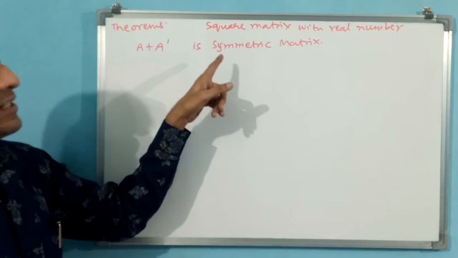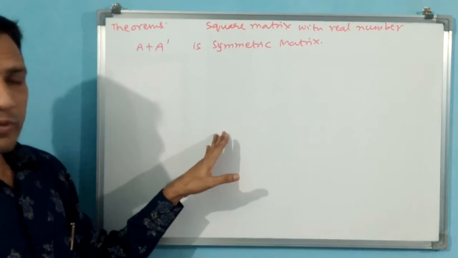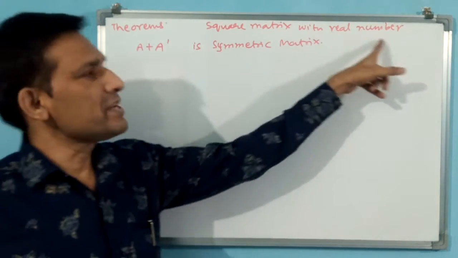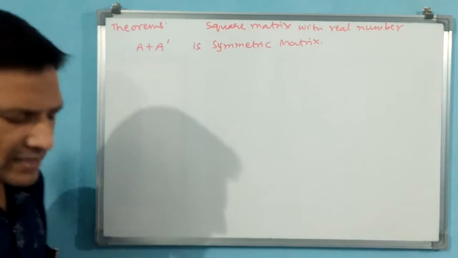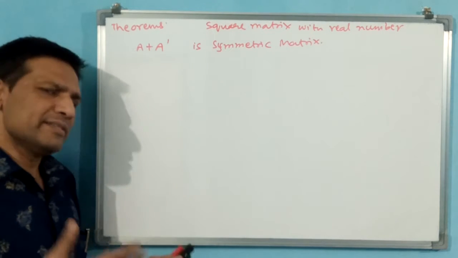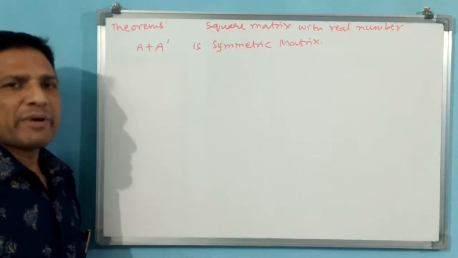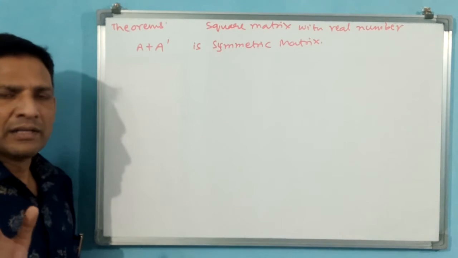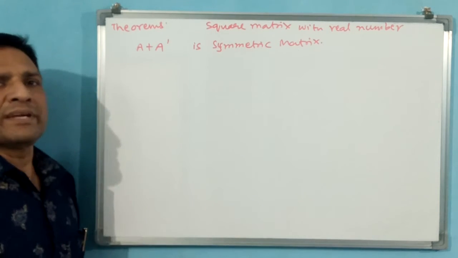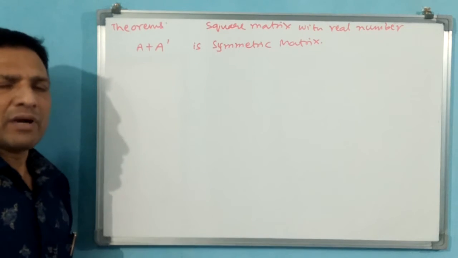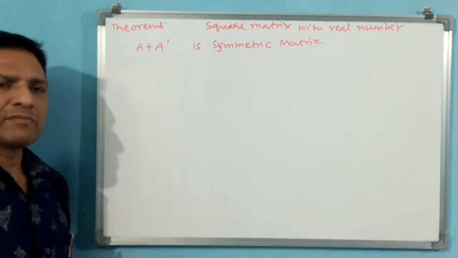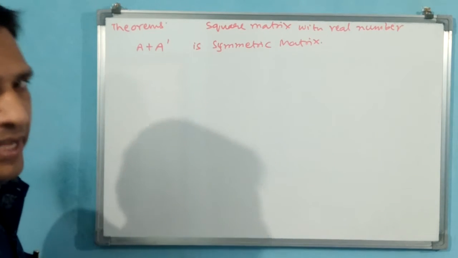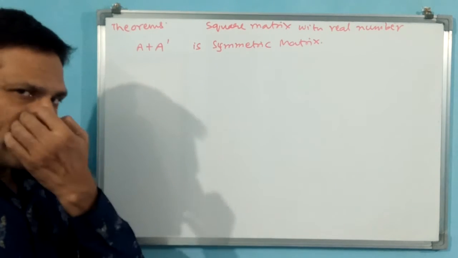See, some preconditions are there. These should be square matrices, we know very well. And also, these theorems are applicable only for real numbers. That means without real numbers, even trigonometric functions or expressions may come in a matrix, but not here. You have to take only simple real numbers. It may be -2, -1, +1, +2, 0, √3 by 4, any number, but a real number. Real numbers you have to take.